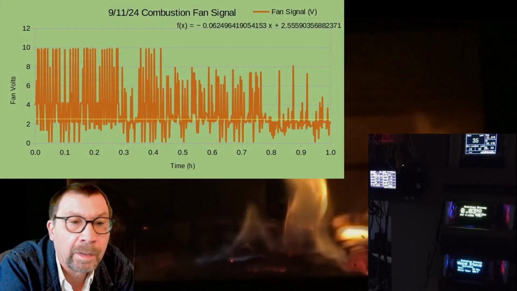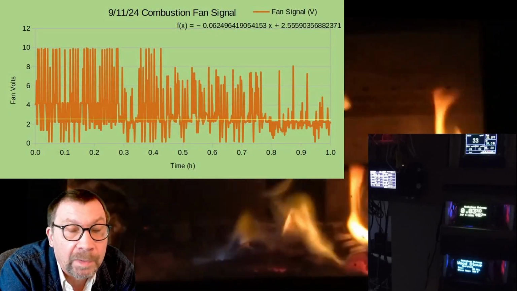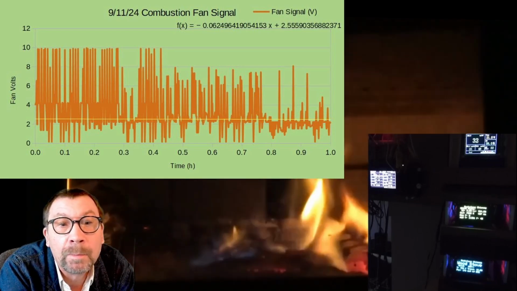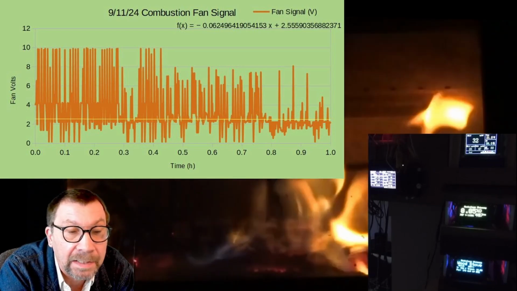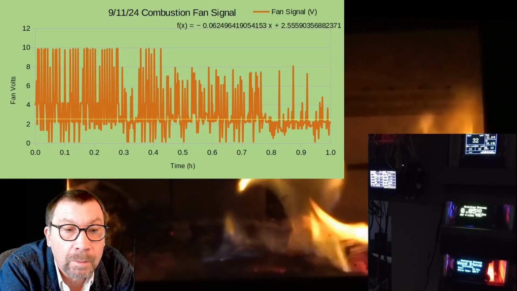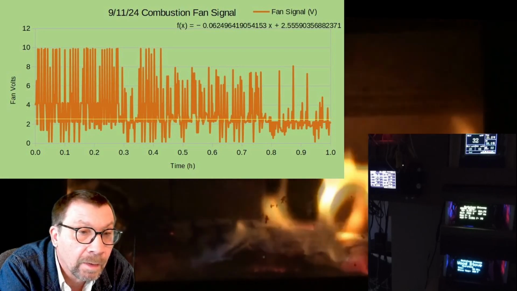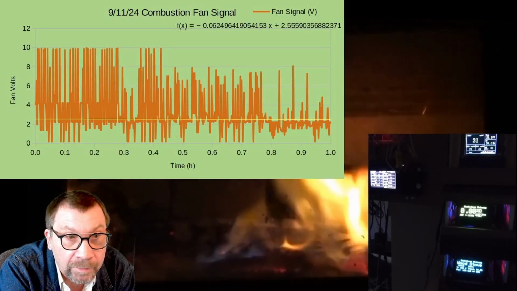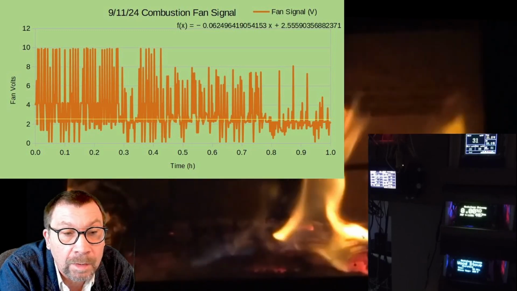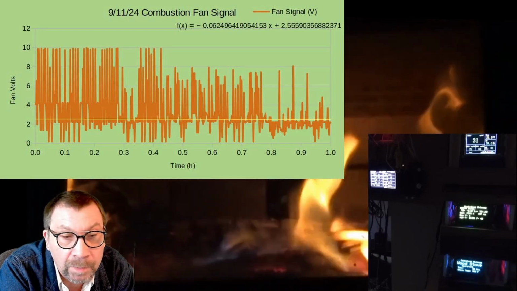I have prepared a fan signal for the D box with some analysis on it. It appears that we have about a 2.5 volt mean. That means that at any given time, we're supplying 2.5 volts to the fan. You can see several excursions above 10 volts, or right up to 10 volts. We can see several excursions down to 0 volts, but when you draw a line through the data, you can pretty much expect to